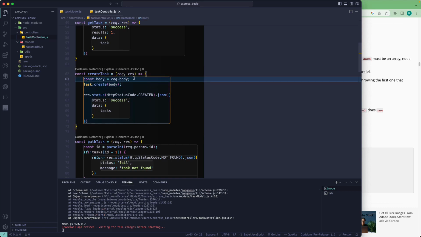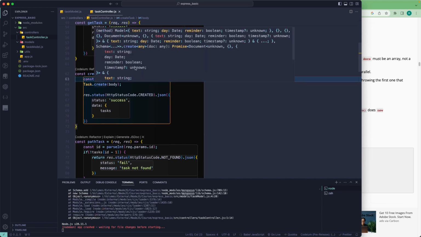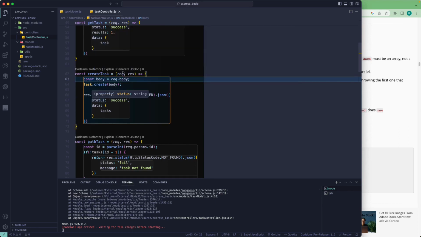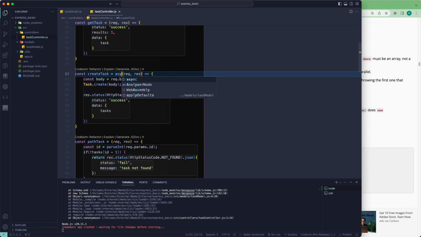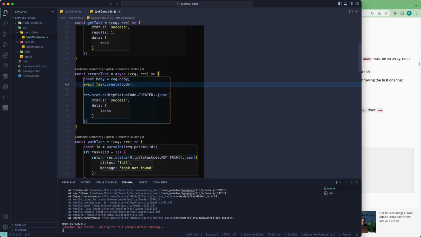Whatever we are getting from the body, we are going to pass to Task.create, and create actually returns a promise over here. So what we need to do is make this one asynchronous, so async over here, and now I can make use of the await over here,